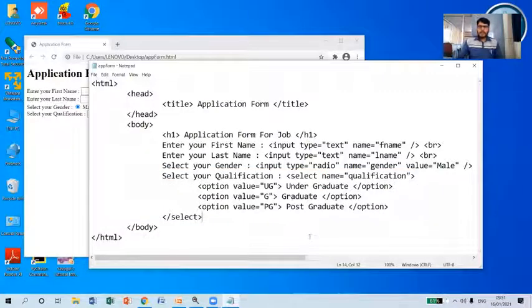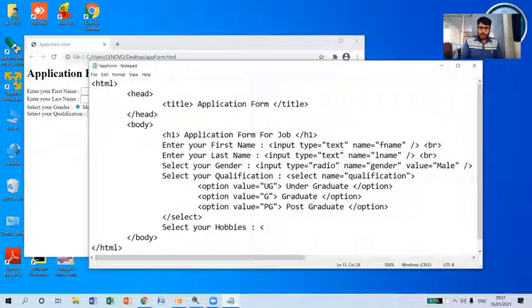After this, assume that I want to accept hobbies. So, select your hobbies. For that I want to include input type as a checkbox. Whichever hobbies are applicable for the candidate, he will mark his hobbies by using checkboxes.